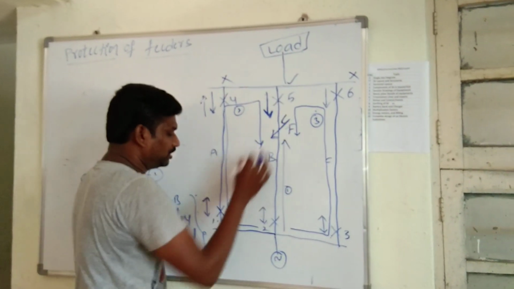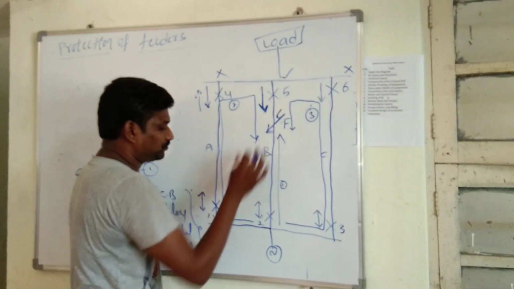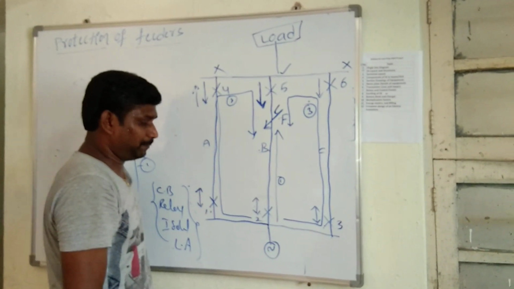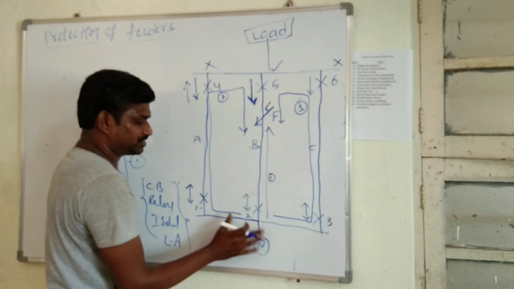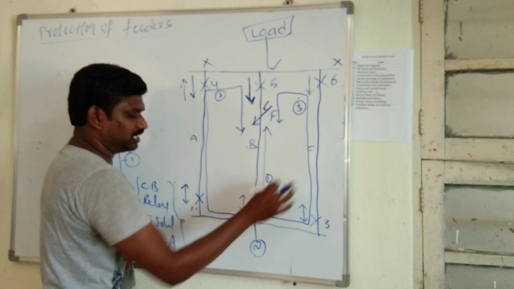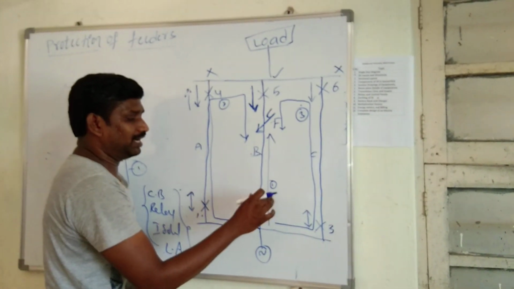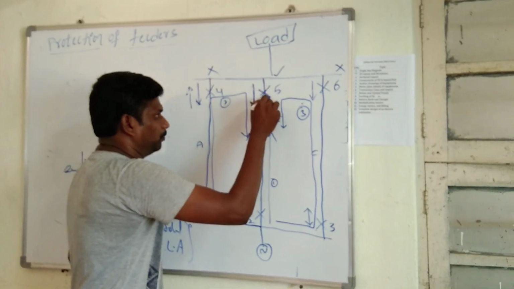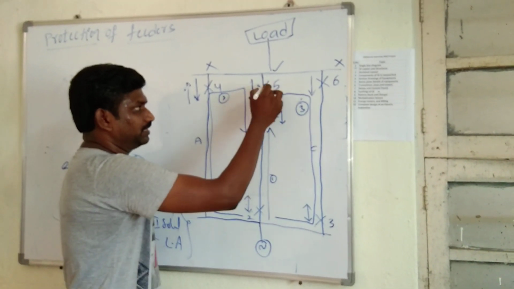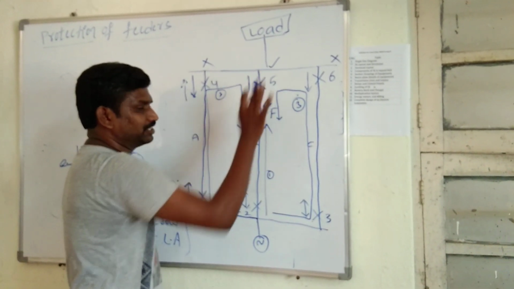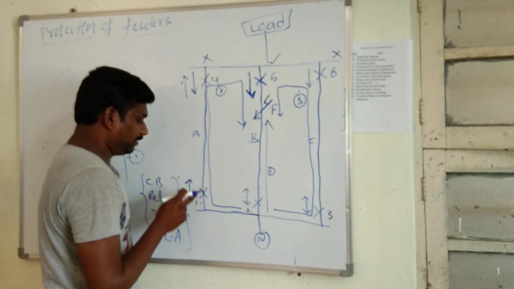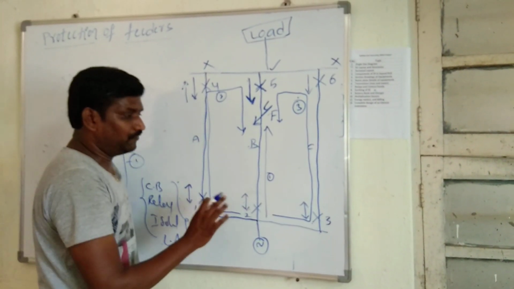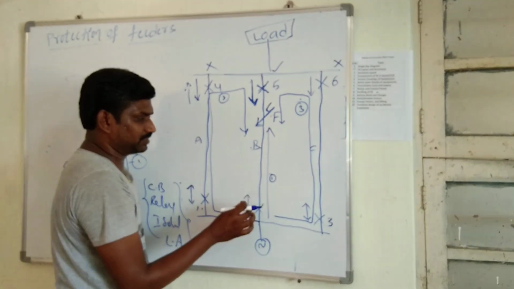So here, for example, these 4 relays will be operated. Then what happens? The total system will be shut down. The 3 feeders will be shut down from the source. Here it is a drawback. It is an undesirable condition. First here the relay 5 will be operated. Okay. Then due to the operation of relay 5, there is no drawback. But here the relay 1 and 3 will be operated without any fault in the particular feeders.